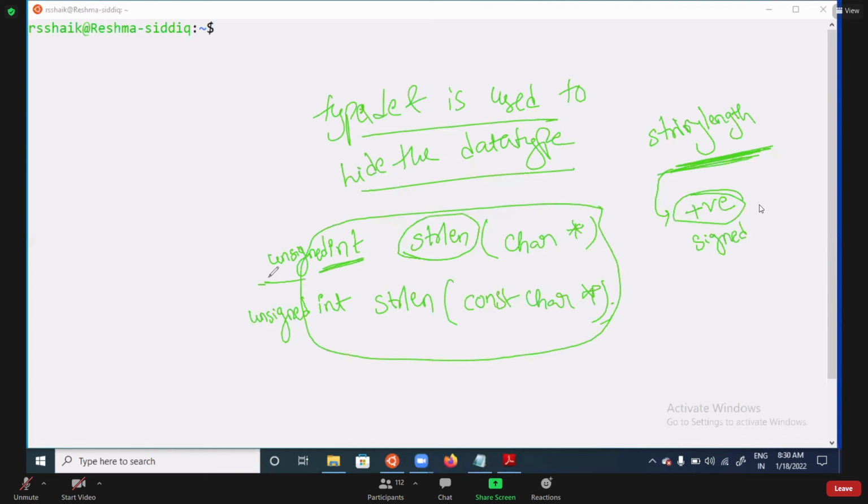That's why, if you observe, whenever you are going for this, you can see here, man strlen, string length.